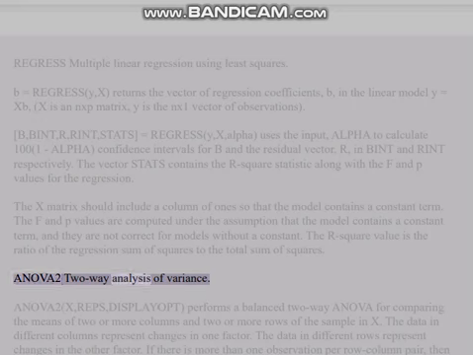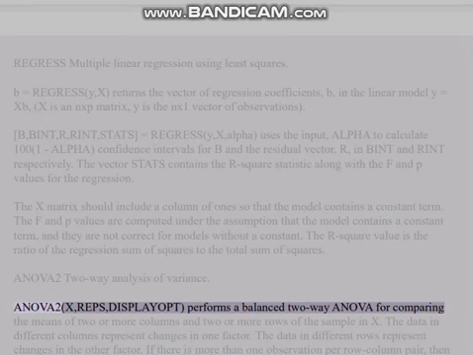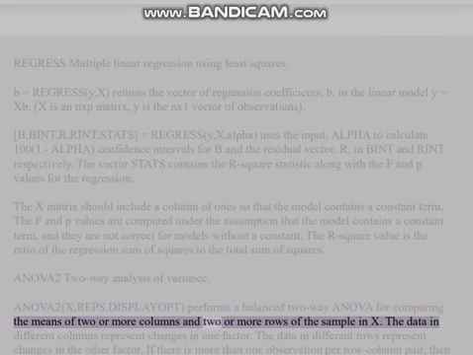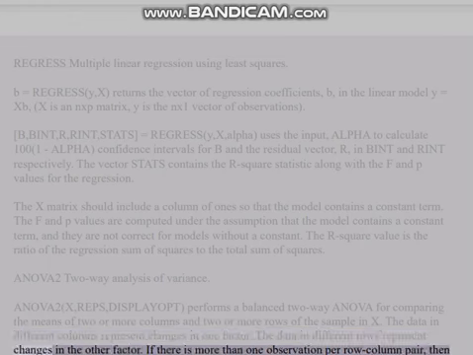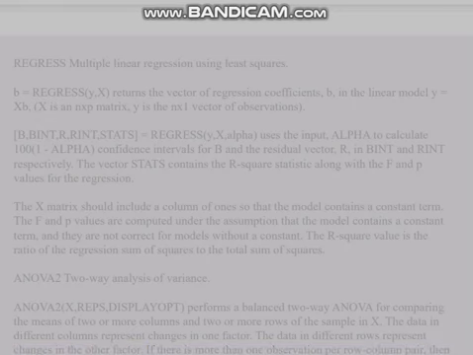anova2: two-way analysis of variance. anova2(X,reps,displayopt) performs a balanced two-way ANOVA for comparing the means of 2 or more columns and 2 or more rows of the sample in X. The data in different columns represent changes in one factor. The data in different rows represent changes in the other factor. If there is more than one observation per row-column pair, then the argument reps indicates the number of observations per cell. A cell